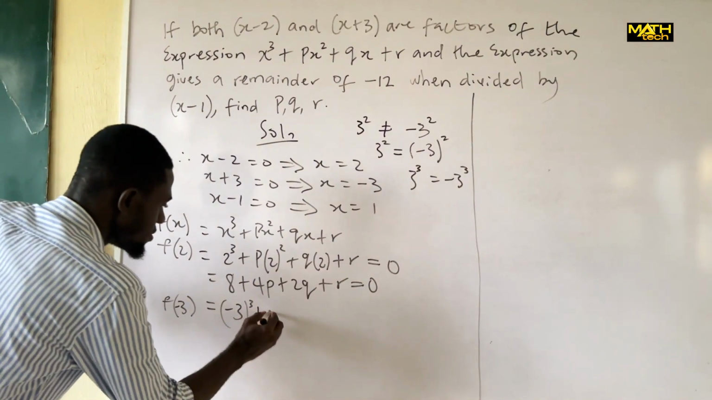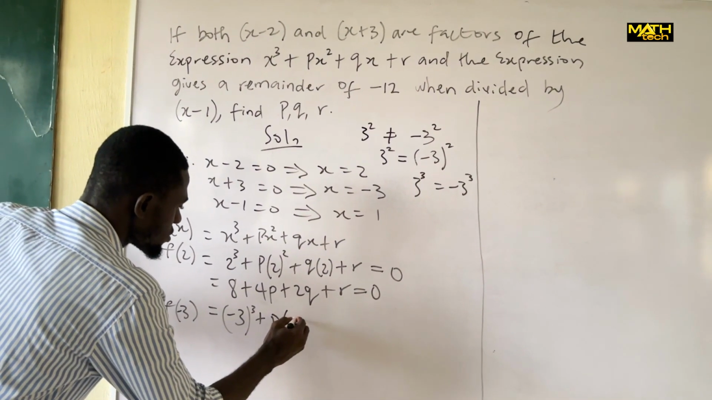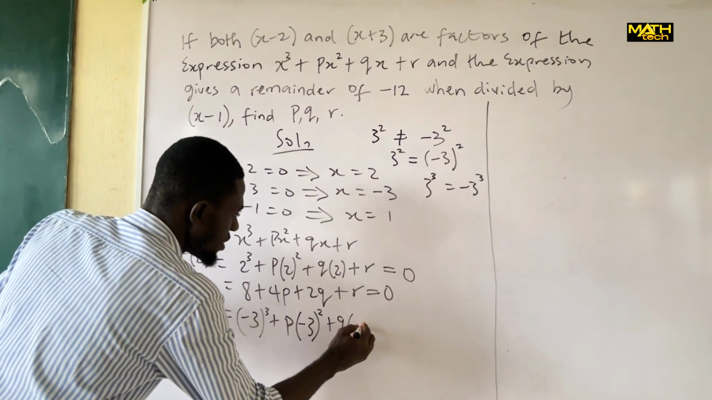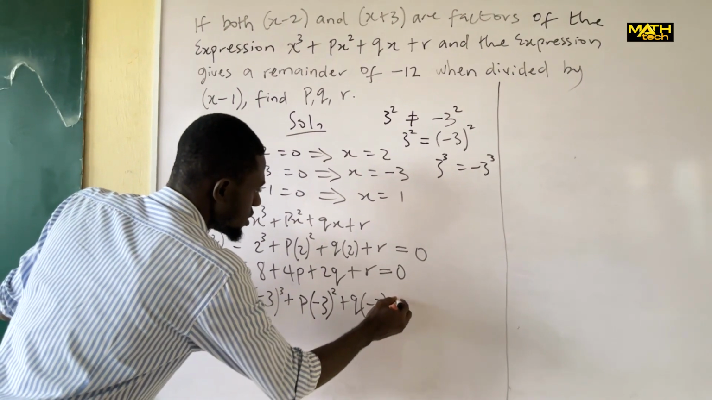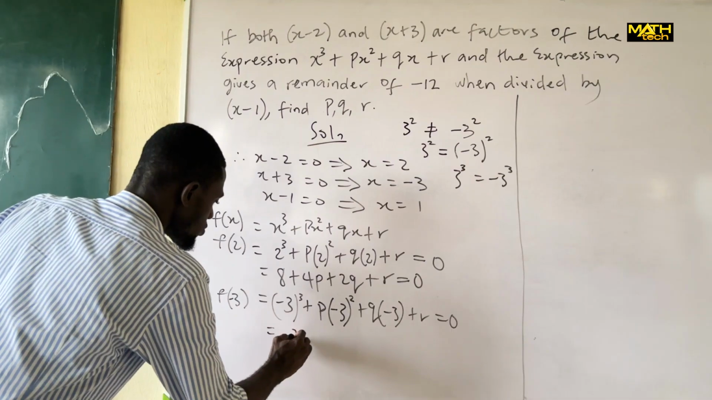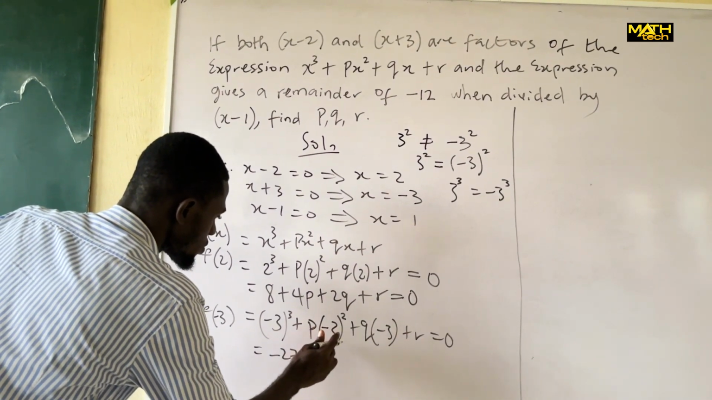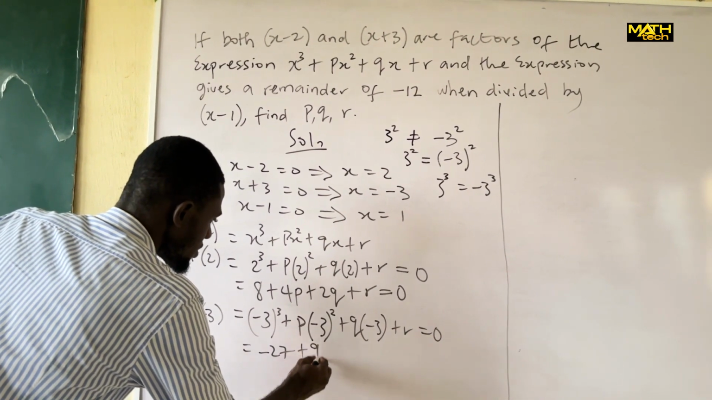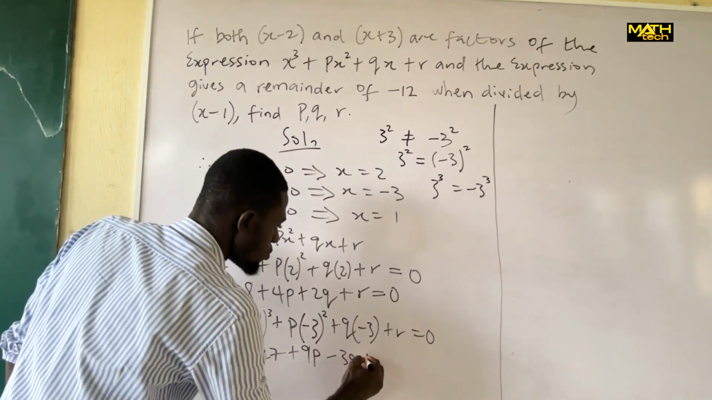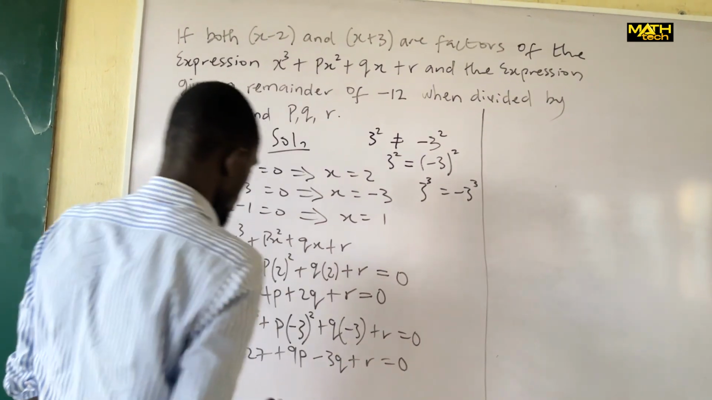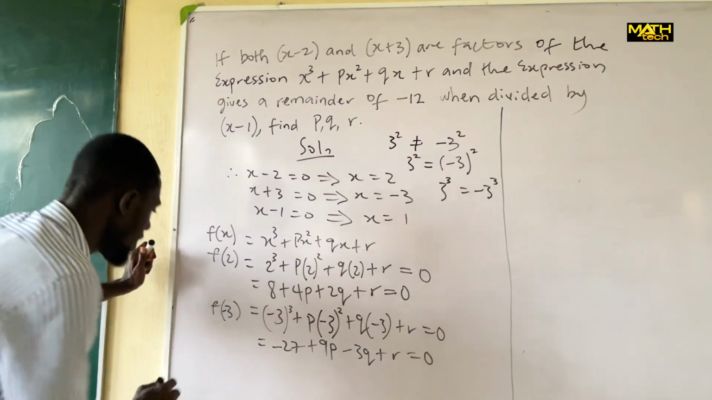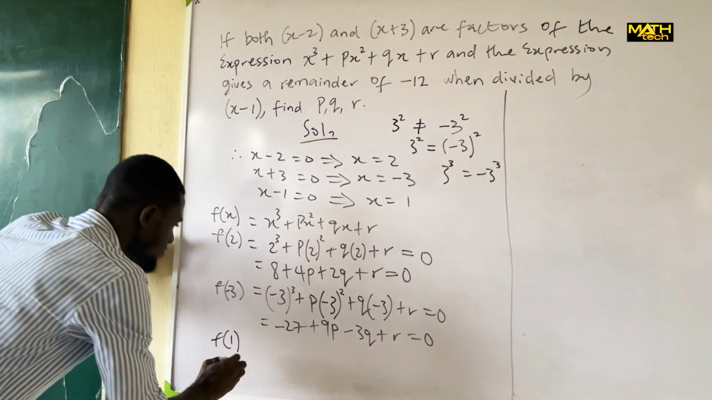So plus p minus 3 square plus q minus 3 and plus r equal to what? 0. And this will give us minus 27 plus 9p minus 3q plus r equal to what? 0. And don't forget that when our x is equal to 1, so we say f of 1